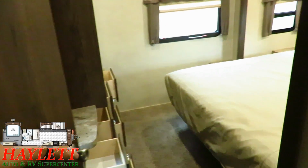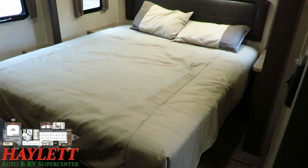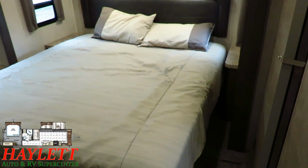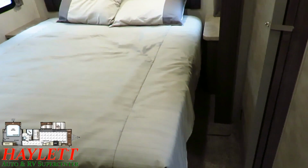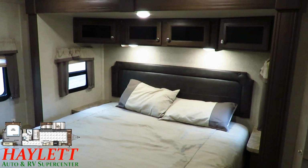Now, moving back to the very private rear master quarters here, the bed in this is one of the floor plans Rockwood makes that's actually a king standard bed. And what's awesome is because they plan for it to be that way, we have a 70 by 80 king that also still maintains comfortable walk-around space and side stands for CPAP users. And all those details, those are little things that help add up to a big, big difference when people start